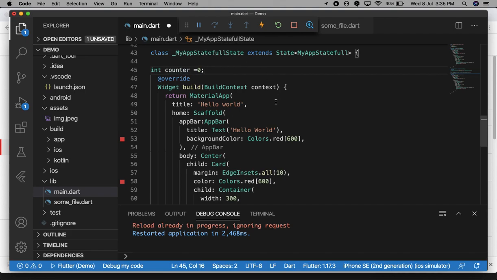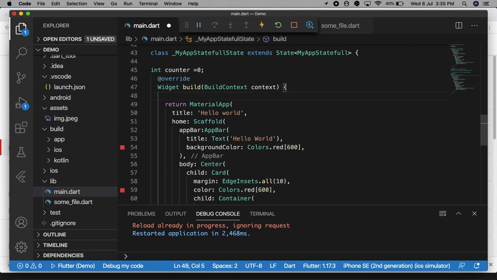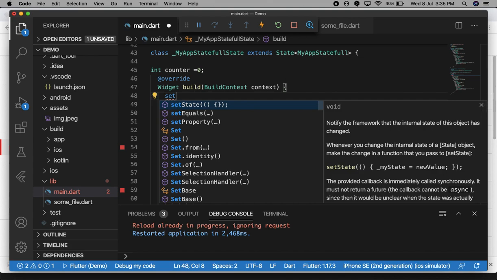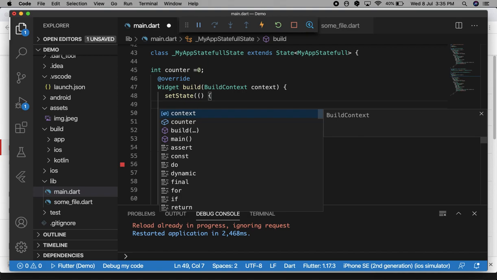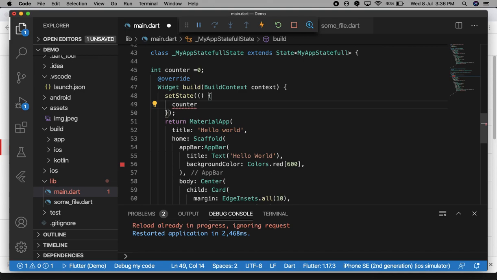So in the build method we will create a method, setState, and here I will update this counter with 1.